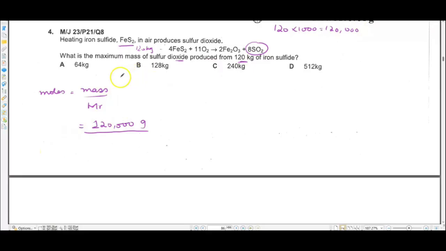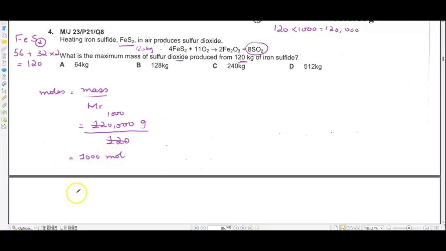Okay. Acha, MR for iron sulfide is required. Okay, that is going to be 56, the atomic mass for iron, and for sulfur it's 32, and because there is a 2 over here, we are going to multiply it with this, and after calculation we find it to be 120 grams per mole. Okay. Acha, this is the MR, so we are going to divide it with this. Okay. So 1000 moles is the answer that we have.